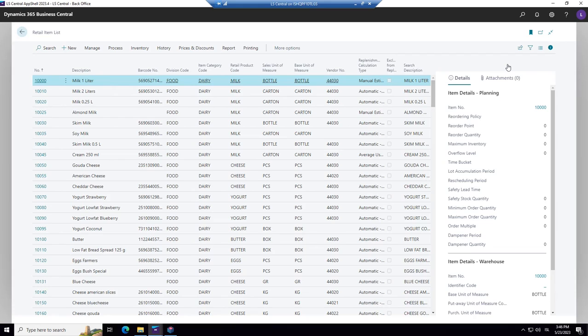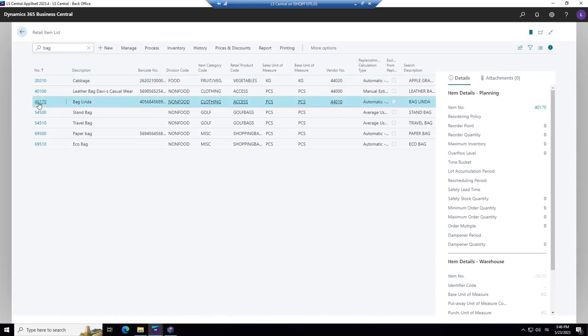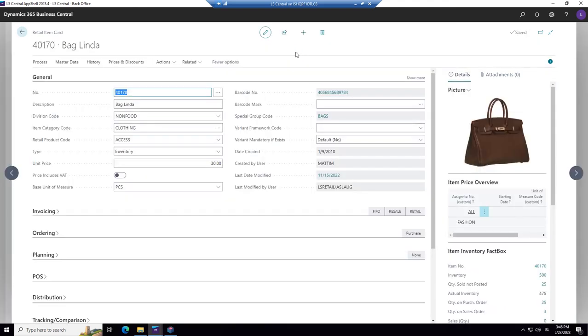So we have all the same items that are in Business Central demo items. So let's look at our famous item, the bag Linda, the one we are using a lot. So we can search for the bag and find the bag Linda and open the card. Now I'm going to mention a few of the things we have with each and every retail item, but of course there's lots of information that is needed, differing depending on what kind of business we're in and what we want to register.